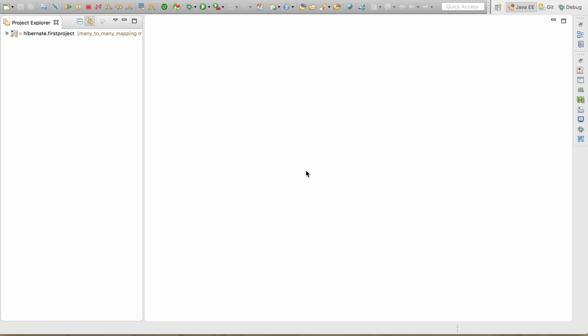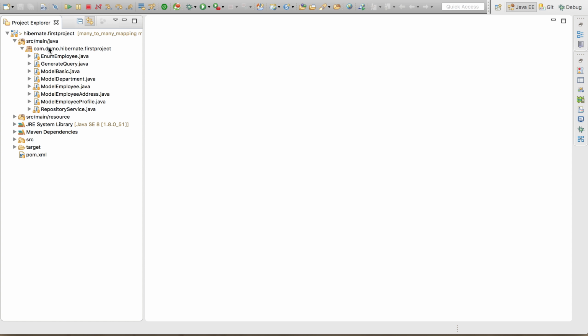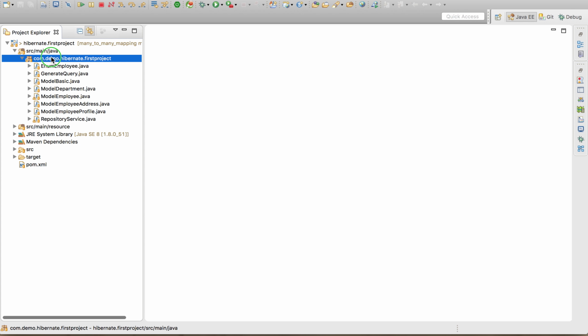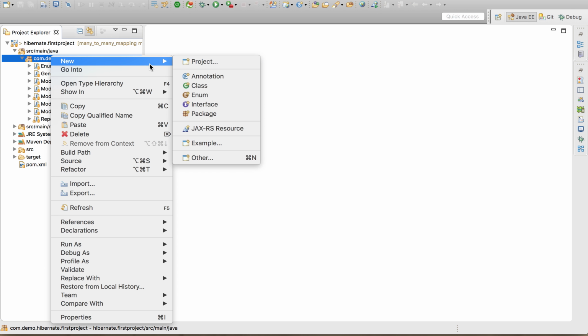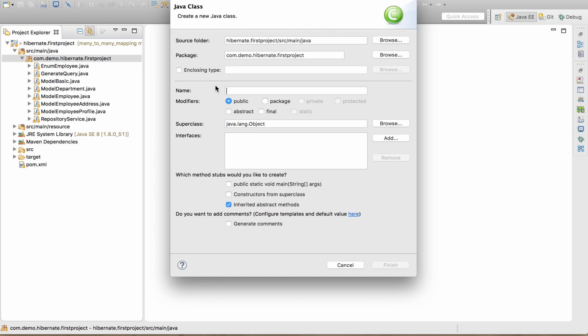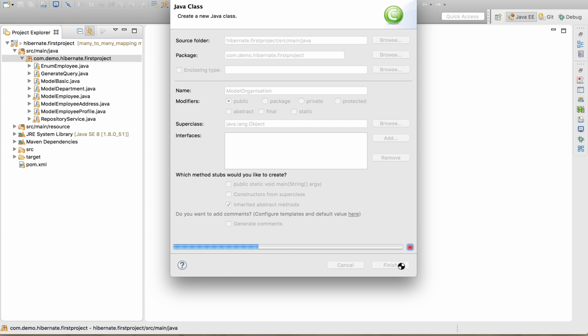My name is Rajneesh Tiwari, and in this tutorial I am going to demonstrate how to create many-to-many mapping in Hibernate. For this I am going to create a new model object, that is model organization. New, create a class model organization, and